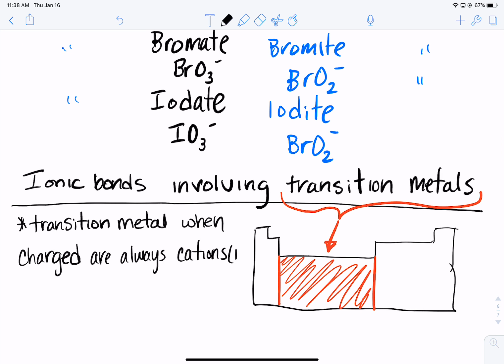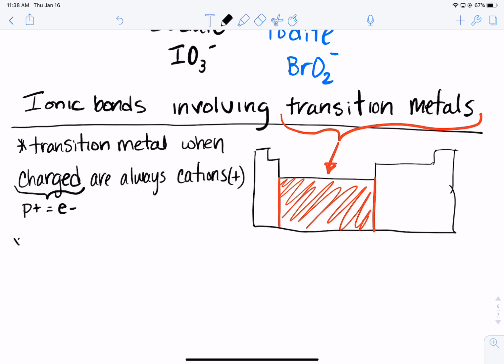What's a cation? Something that is positive. What charge do they normally all have? Like on bases, is it like 1s2 or is it like s2 or s1? That's my next part. What does charged mean though? Remember, charged means the protons do not equal the electrons. So in this case, transition metals will always be giving away electrons, because when you give away electrons, you become positive. Now, there is no trend